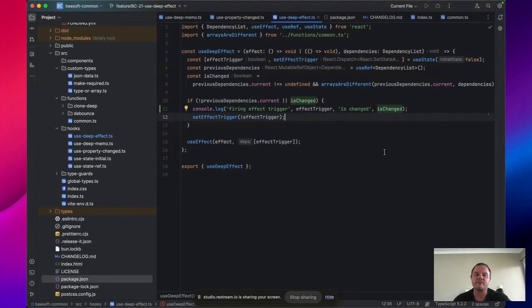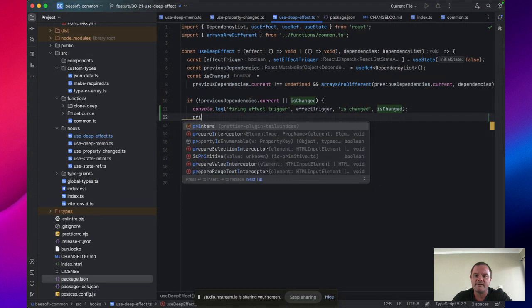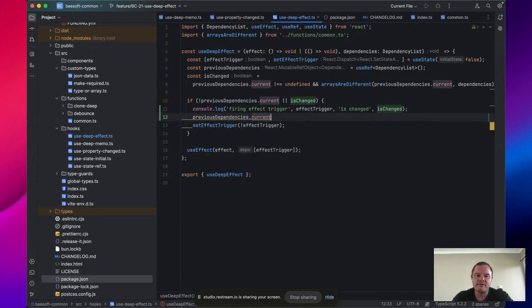I know exactly what I did wrong. Can anyone else tell me what I did wrong here? Can anyone guess why it would sit there and continually refire the effect trigger? I doubt anyone. I'm not even sure if anyone's actually watching or if they just kind of clicked over and said boring. But I figured it out. So if it's either not there or it is changed, then we say previous dependencies dot current is equal to dependencies. Now